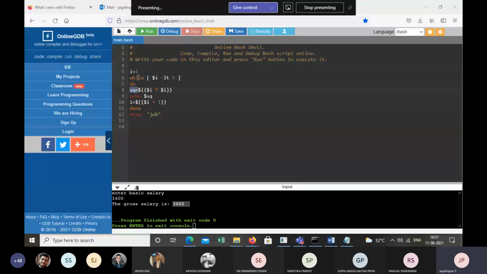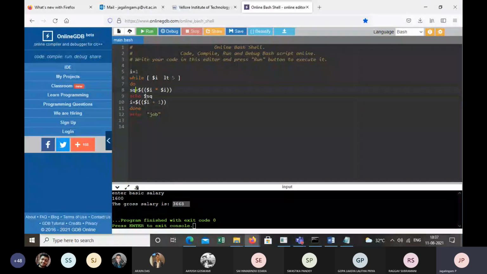In iteration 1, the value of I is 1, therefore 1 into 1 is 1, that is stored in the variable sq, and in line 9 it is printed on the screen. In line 10, the value of I gets incremented. After execution of line 10, the value of I is 2, and again the iteration repeats.